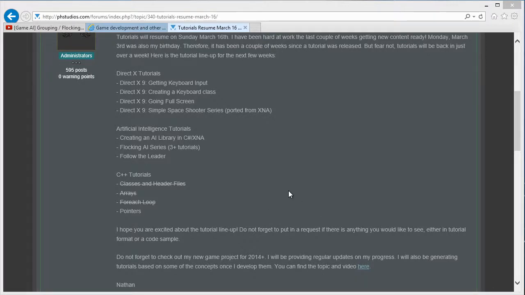Alright, so the tutorials that are going to be released soon are the DirectX tutorials. We're going to discuss getting keyboard input, and then we're going to create a keyboard class to handle all that stuff. And then we're going to discuss going full screen, and then how to handle that, since we'll get keyboard input to get rid of the full screen mode and